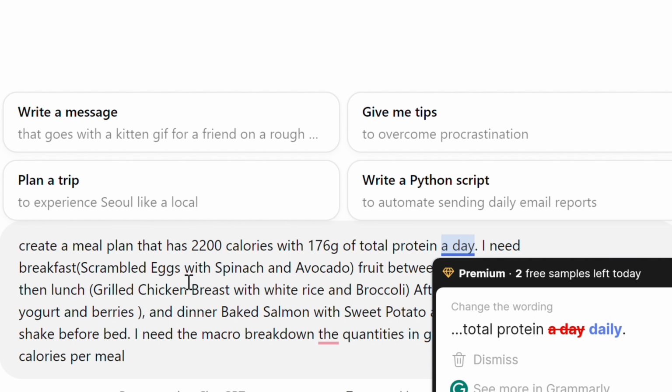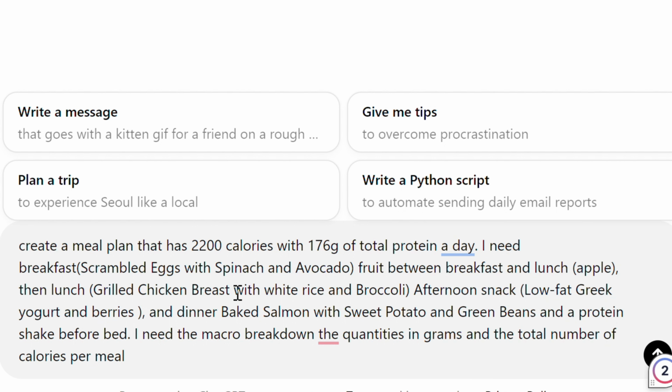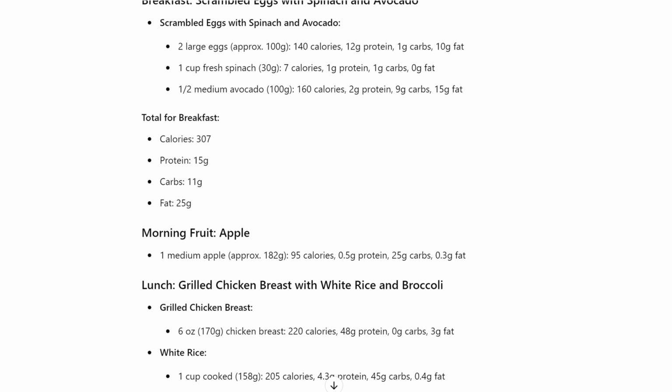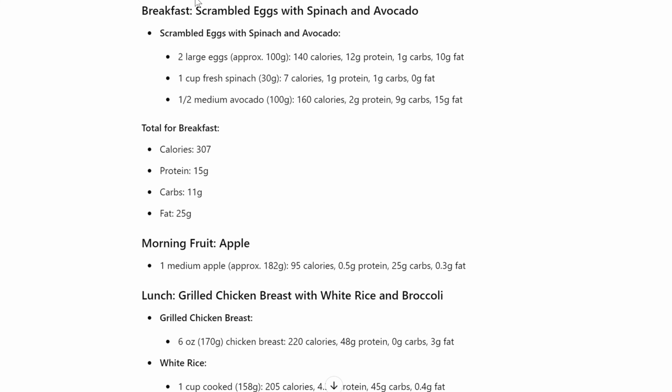I'm going to ask ChatGPT to create a meal plan for 2200 calories with 176 grams of protein. I will provide my food preferences as well as the number of meals I need, and I'm also going to ask it to provide me the macro breakdown, the quantities and the calories per meal. Within a matter of seconds it has created what I asked for, and it looks really good.